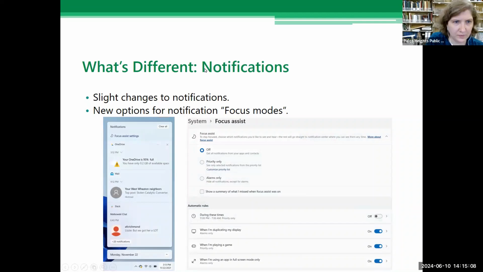For notifications, they have what they call focus modes, which some smartphones are also including. That allows you to choose what notifications you get at a certain time. So let's say you're at work or school, and you don't want notifications constantly popping up, maybe from social media. You could choose a work time,